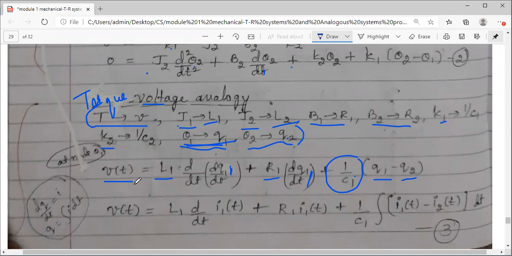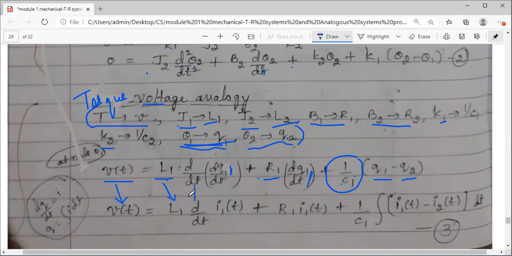Then further, let's see how I can reduce it to our known quantities, because whenever you draw any equivalent electrical network, R, L, C are the known terms to you. These elements you use, but charge Q you never use directly in your circuits. Instead of Q you use current I. So let us try to reduce this to a known form. The LHS I won't change.